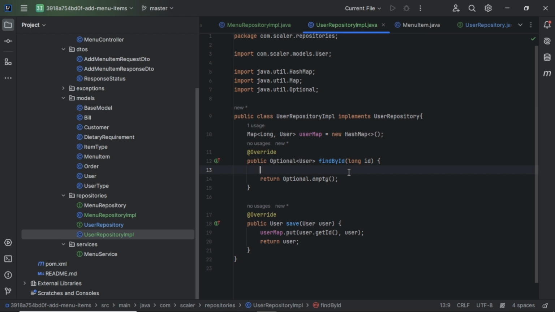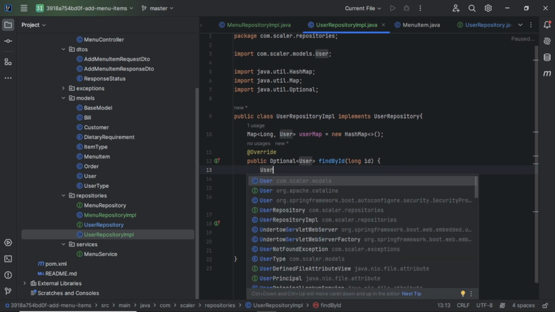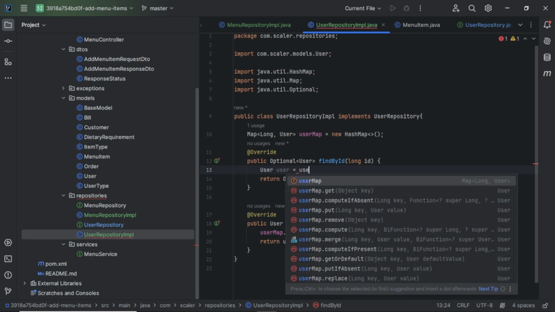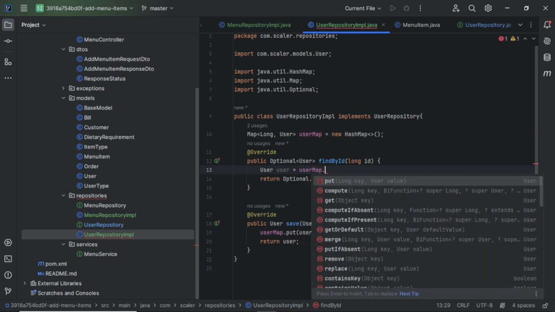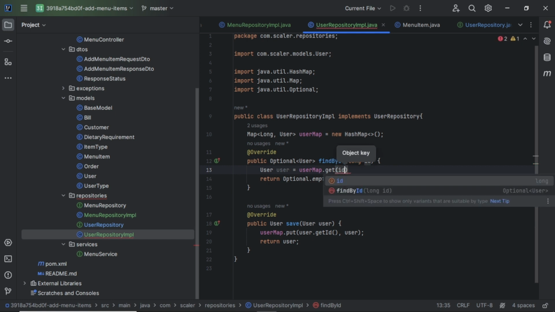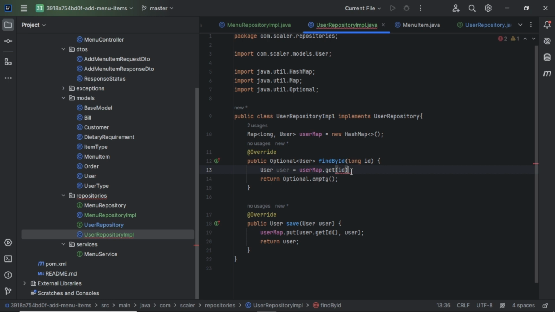So first we will take user, and the user instance we will create, equals to user map dot get, which is a method that will give us the item, and we will pass the key. We use the long key, so we will pass the ID here. It will return us the user.